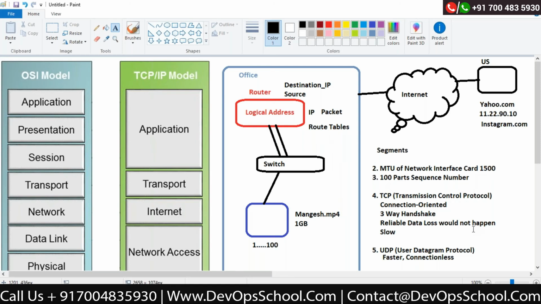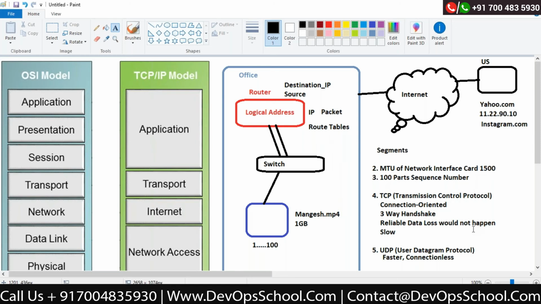Now, what does establishing an end-to-end session mean? I will give you a simple example. Someone is calling you. Your phone is ringing. Until and unless you have picked up the phone, you won't be able to talk. Your voice data would not be transferred.